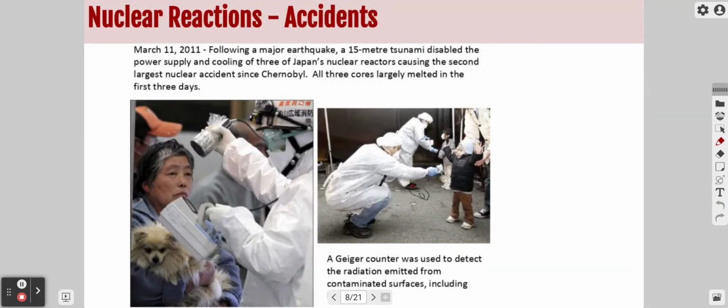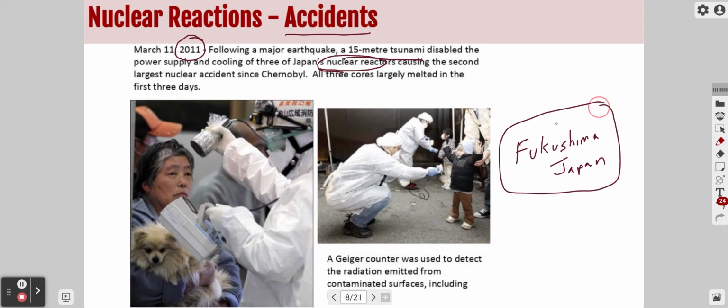Okay, there's another accident that's more in your recent history. You would have all been around for this one in 2011, following that huge earthquake in Japan and the big tsunami that came after that earthquake. It disabled the power supply and it caused mega issues with the nuclear reactors there as well. So again, I'm going to let you read about this. We don't have the name here. Just a second. All right, I had to get the name there. So Fukushima, Japan. This is where the second largest nuclear accident has occurred